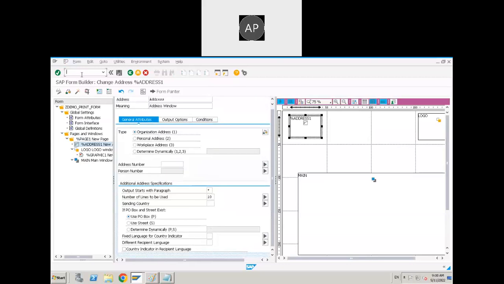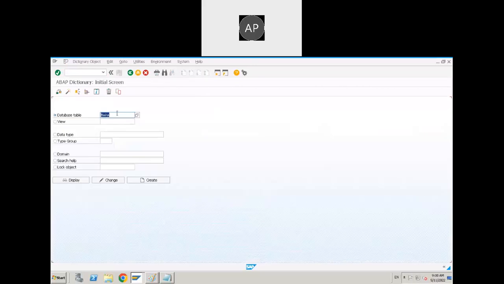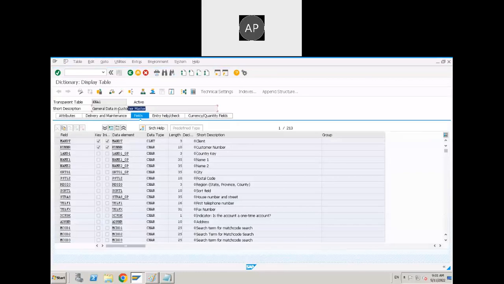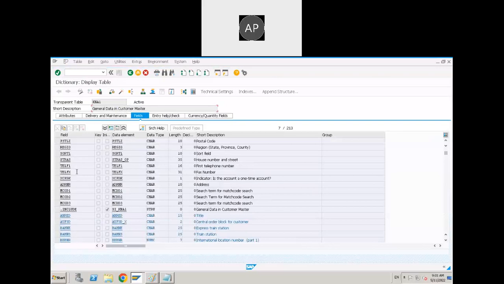For example, go to KNA1. What is KNA1 table? KNA1 is the customer master data: customer number, customer name, etc. But where they are maintaining the customer address, they provide one reference address number here, ADRNR,